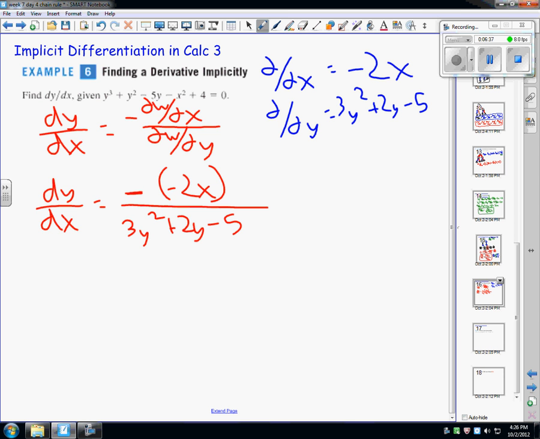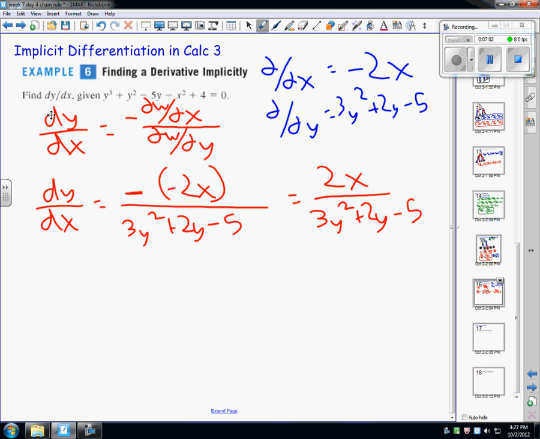Now implicit took a long time all the way through Calc 1, but now if you can handle partials, it's super quick. So now I have, it's just 2x over 3y squared plus 2y minus 5. Okay? And it's that quick and that simple. Okay? If you remember,